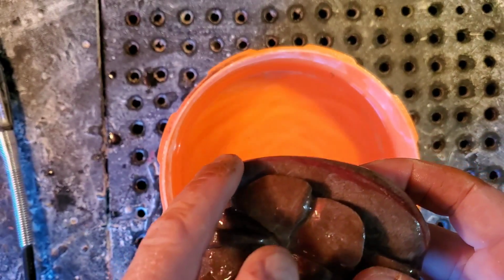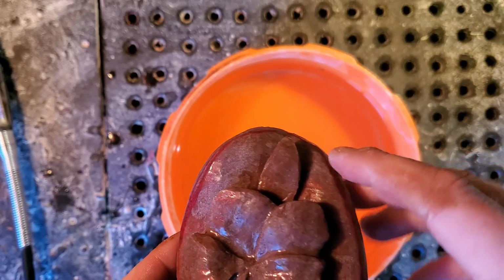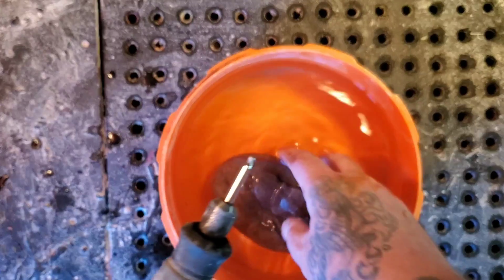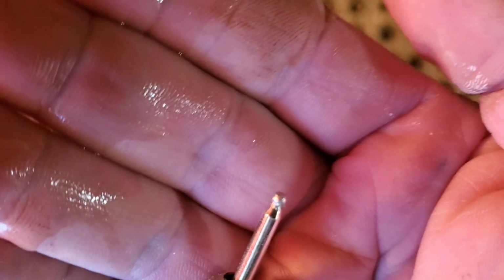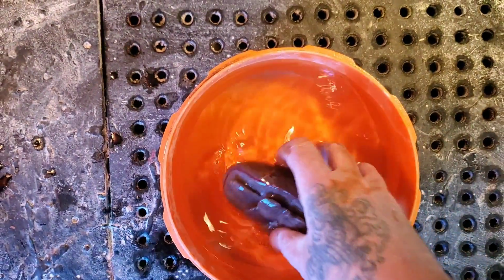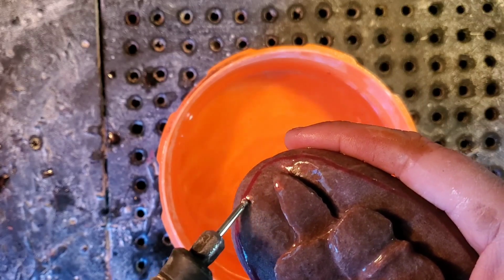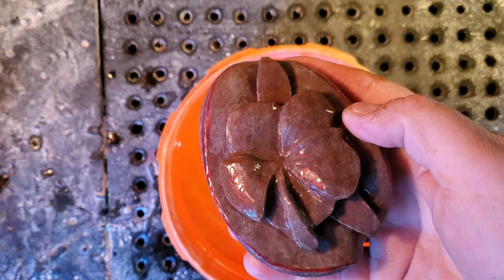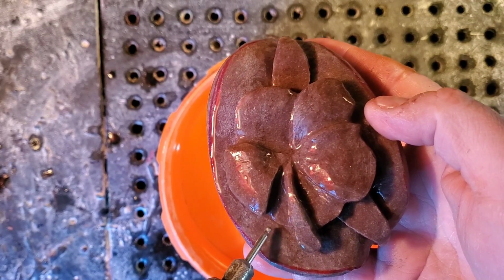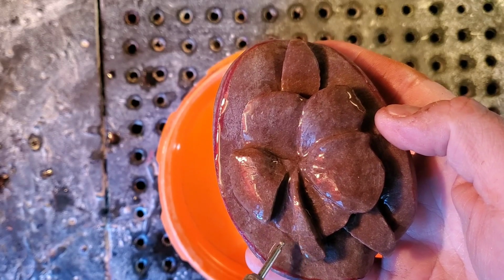Now you can see here I got a red line all the way around here because instead of having to polish this background and get rid of all the cut marks, I did the best I could so far. I got this little tiny diamond burr, that circle on my Dremel flex shaft. Now what I'm going to do is go along everywhere in the background within this red line and put little circles in there to give it a textured background. There's a name for it, I forget what the name is. I think I might do it dry too. I'm going to try it dry first, and if it's not working too good on the dry, I'm just going to